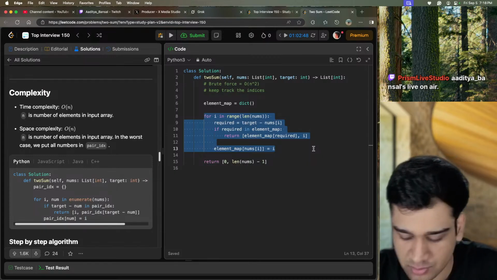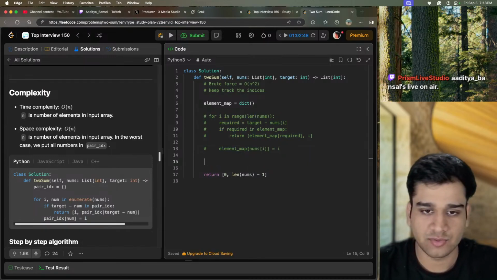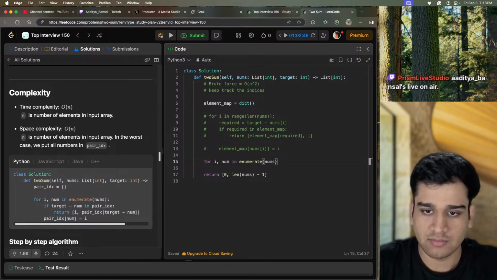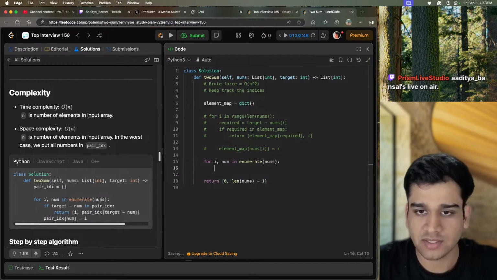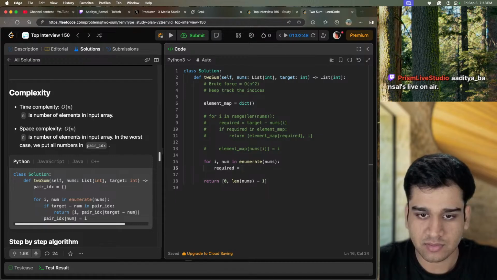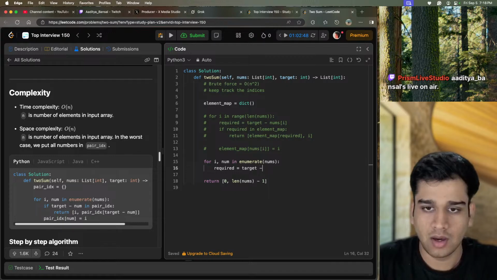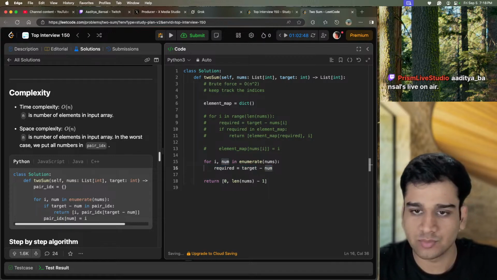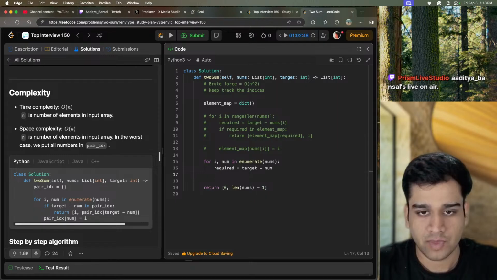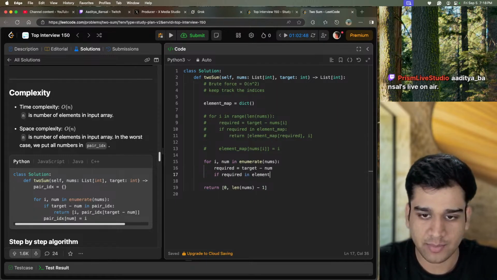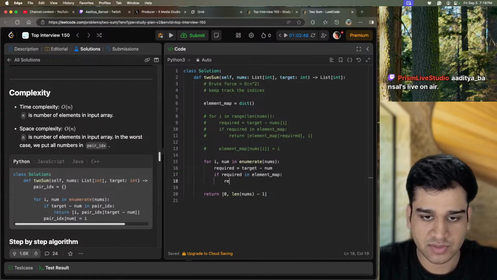So one better way to simplify this code would be to use the enumerate function. So for i, num in enumerate(nums), we can get required equals to target minus num. So we don't have to do nums[i] every time. And if required in elements map, then we just return our